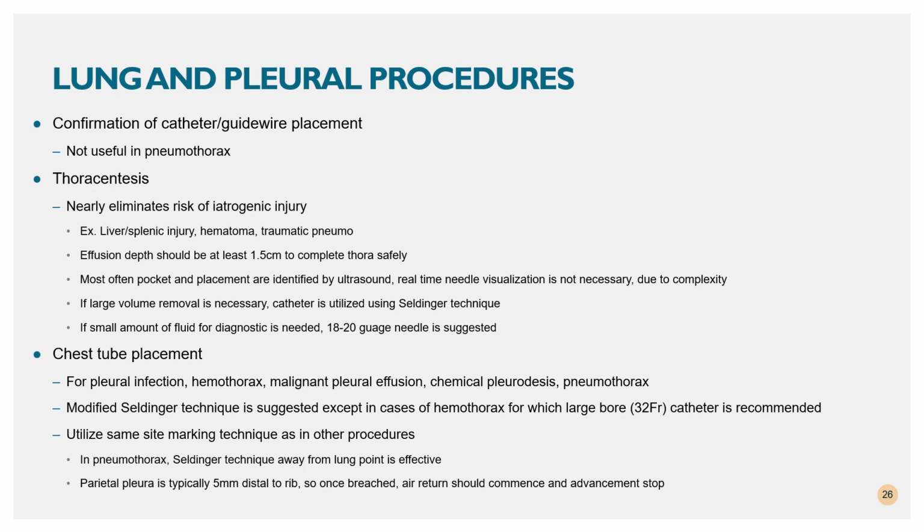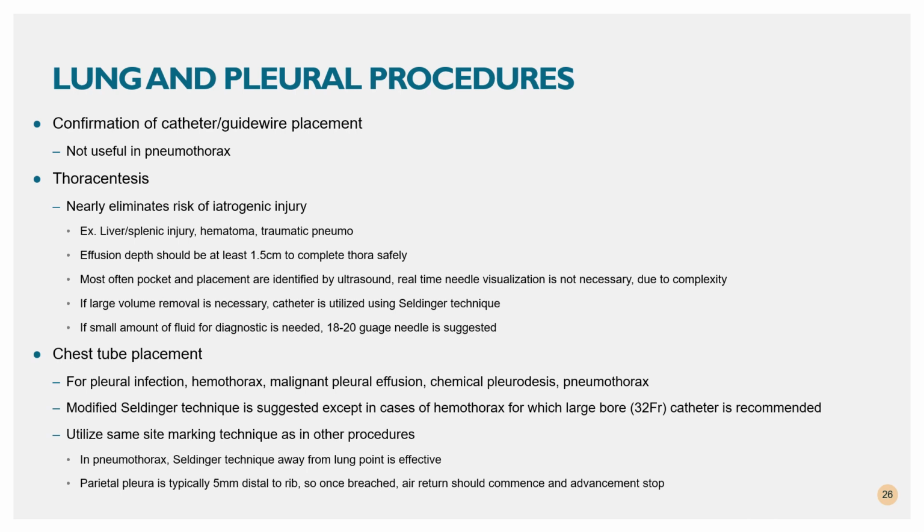They found that effusion depths should be at least about 1.5 centimeters to complete a thora safely. Anything less than that, you're at much higher risk of causing a traumatic pneumo because you'd be working in such a small space. Most often, pocket and placement are identified by ultrasound, and then you don't need to proceed with real-time